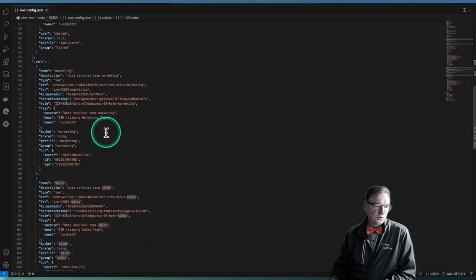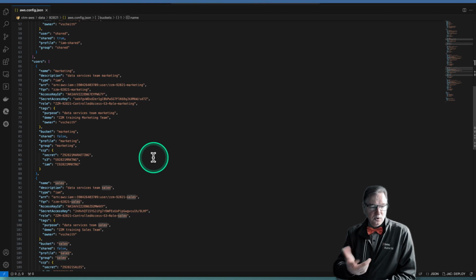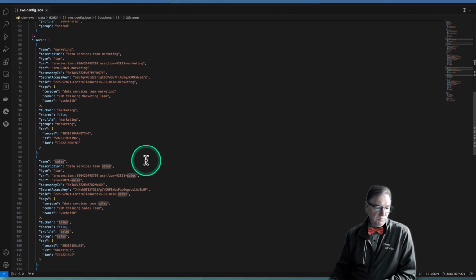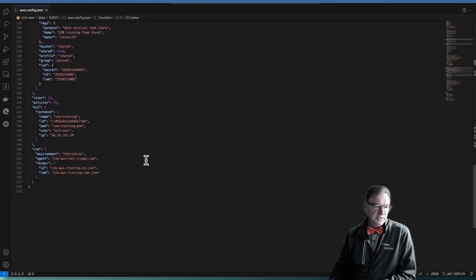The same applies to the users. With the users, we have the ARN, the fully qualified name from an AWS perspective, as well as the secret details that are in here. So at the end of this project, this will all be deleted and it's gone. We apply this one. And then here in the end,